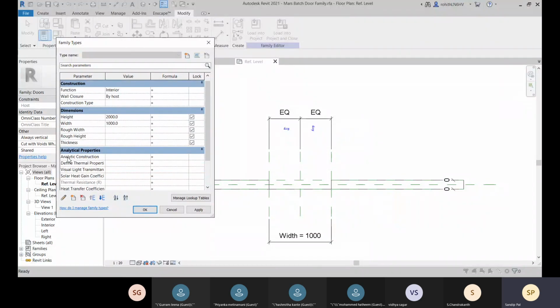Now we have some default parameters for this template, so we cannot delete those default parameters. This is your default parameters. Look how this delete parameter option is grayed out right now. It is deactivated. This is for your host, and this is for your wall. These are all created already, but these are your default parameters.